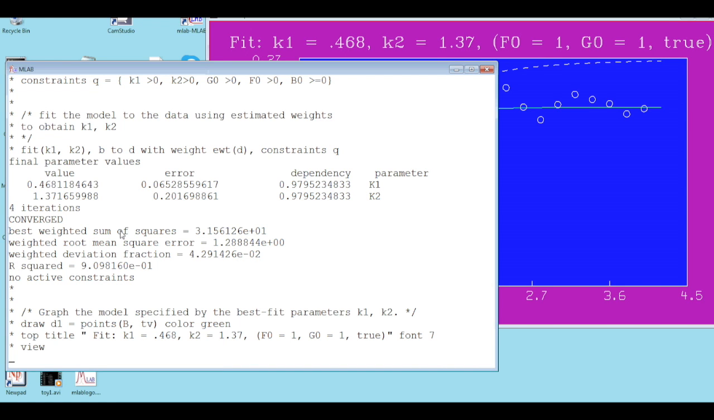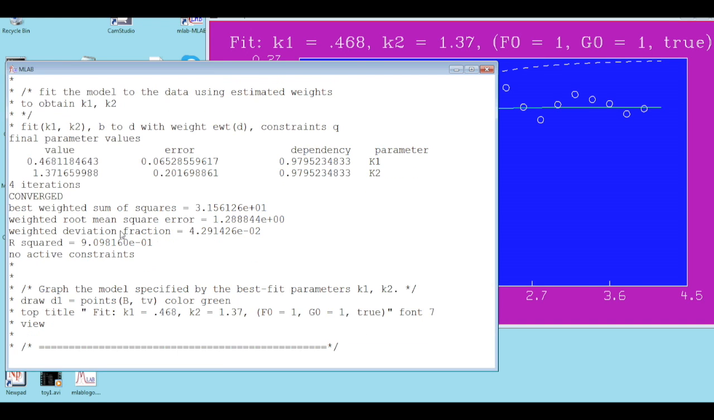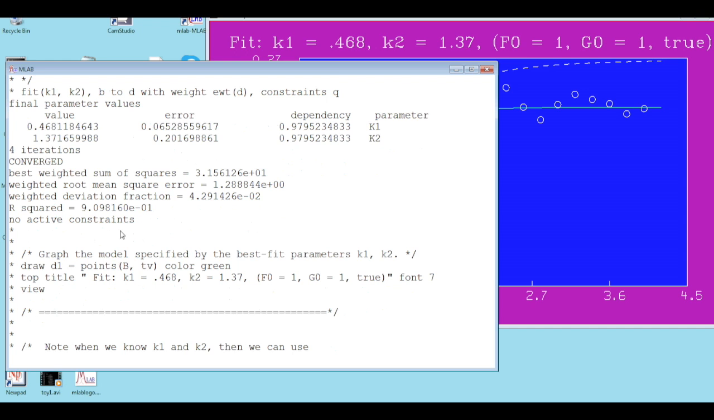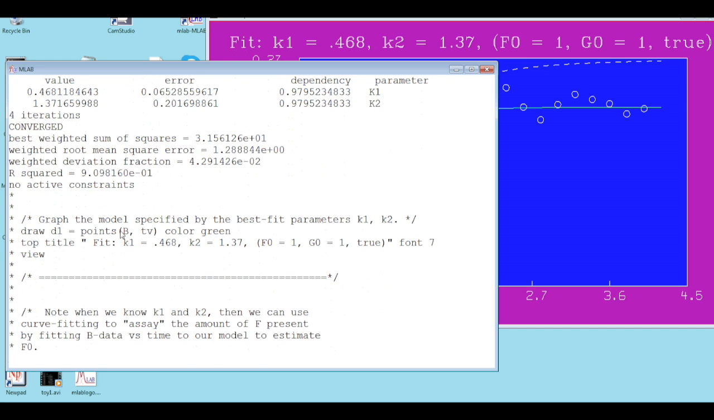Okay, now continuing this story, here we go. We have a line, something must be else. This is a new story. When we know K1 and K2, now we've just computed them, we don't know if they're the truth, but we're going to assume they are for the moment, that they are the truth. Then we can actually use curve fitting to do an assay, to measure the amount of F present